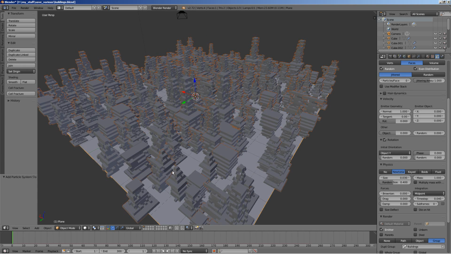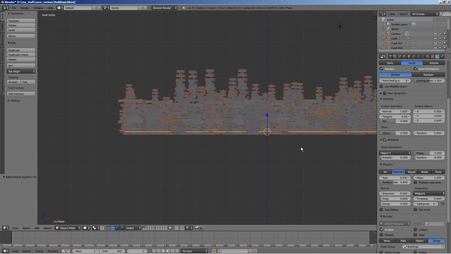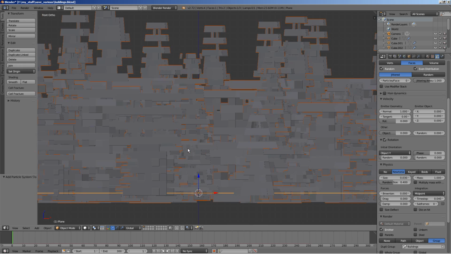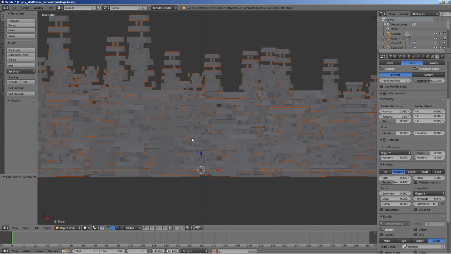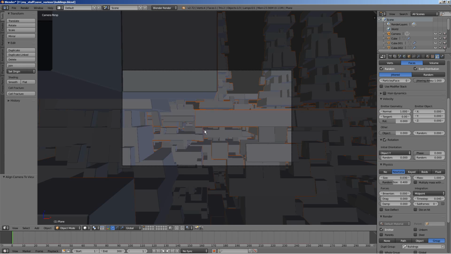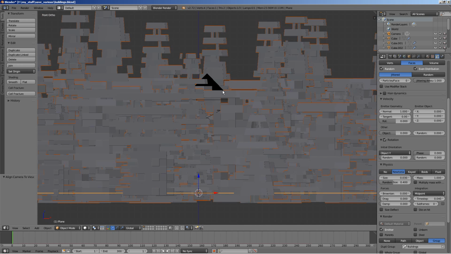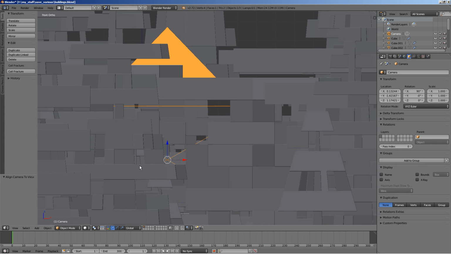Okay. Now I'm hitting 1 on my numeric keypad and 5 for the front ortho view. And let's take a good look. Now what I'm looking for is an opening at the buildings here, and as you can see we have a little opening here. So I'm going to hit Ctrl Alt and 0 to roughly position my camera at about here. Okay, right mouse button click to select the camera,